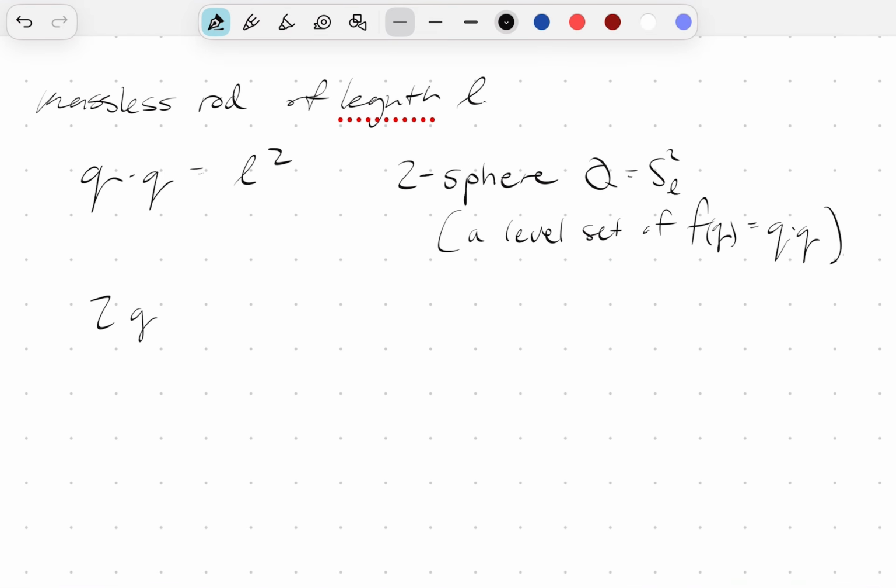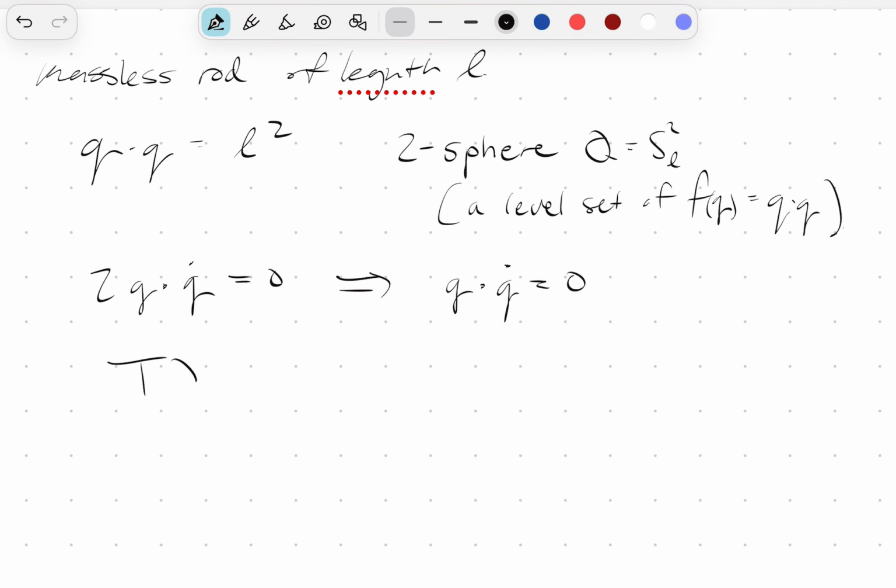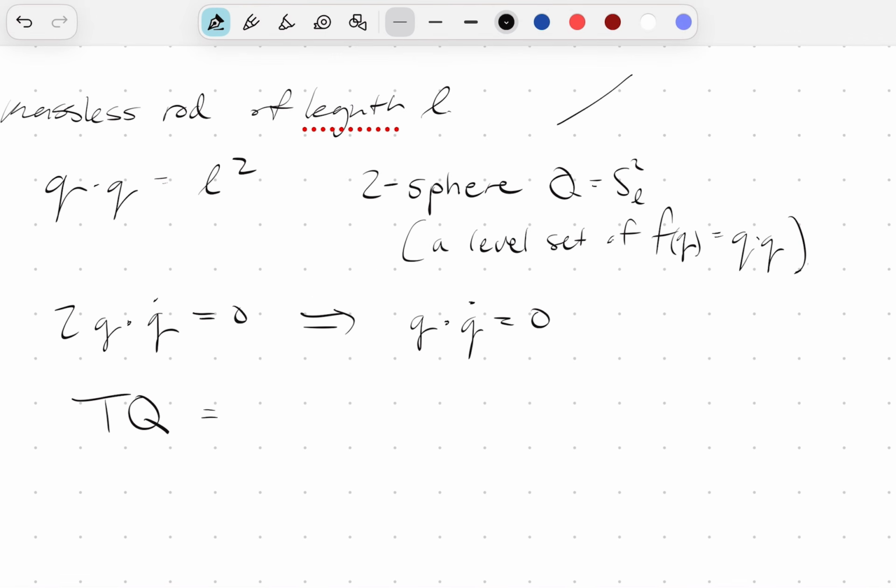Now, if we take the constraint and we differentiate it, we'd be left with this, which basically tells us that it implies that q dot dq dot should be equivalent to 0. So the physical tangent bundle on this phase space for a rod of length L,